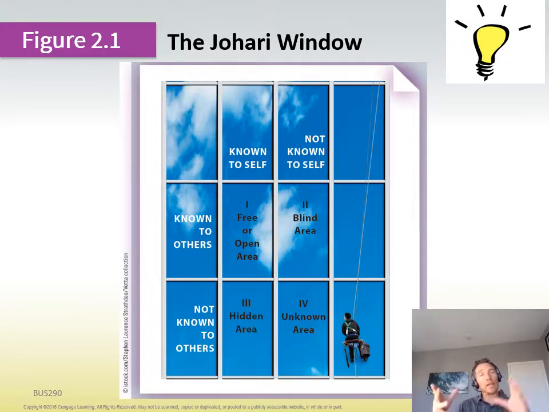If you think back to the matrix, like we had the Covey matrix earlier, from top to bottom we have things that are known to others, meaning we know about this quality about you, and then down below that we have not known to others, that this is something that only you know about. And then going vertically we have known to self, things that you do know about yourself, and then on the far right column we have things that are not known to yourself.